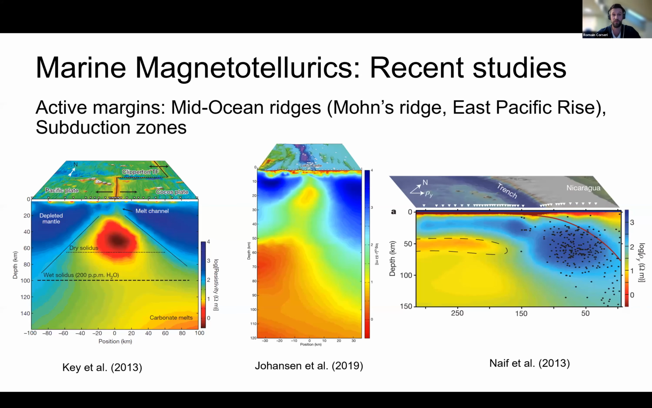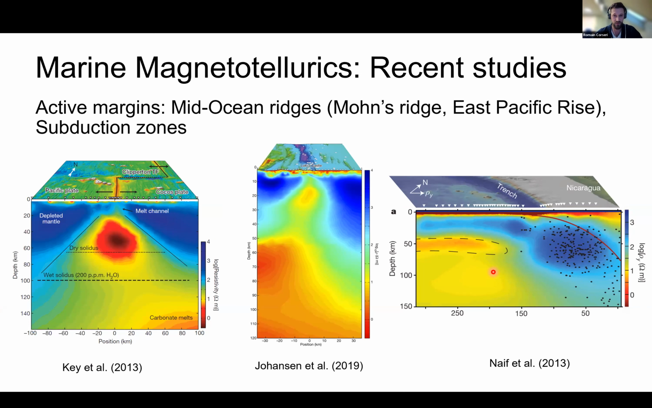So here are some important works. Kerry Key and co-workers on the East Pacific Rise. More recently in the North Atlantic, Johansen has been imaging this melt channel beneath the Mohns Ridge. Some other work here in a subduction zone in the Pacific. So in this type of setting, the heat source and the melts are actually targets of the MT studies